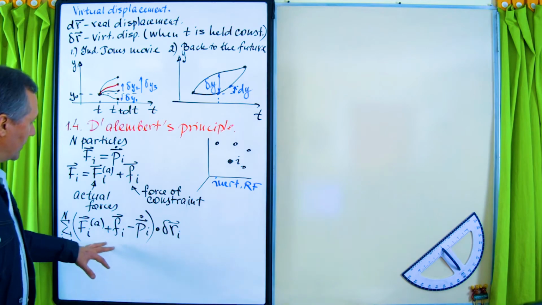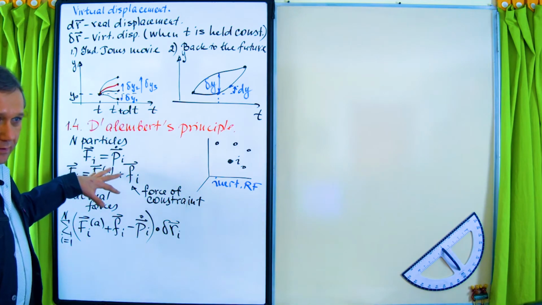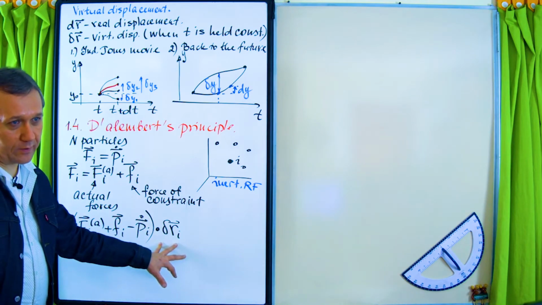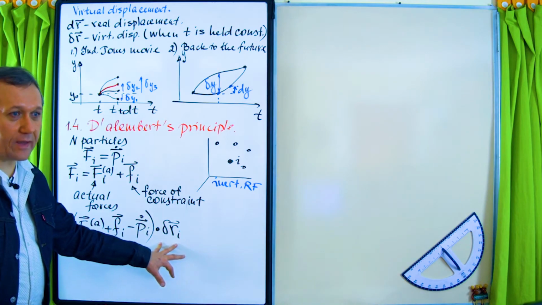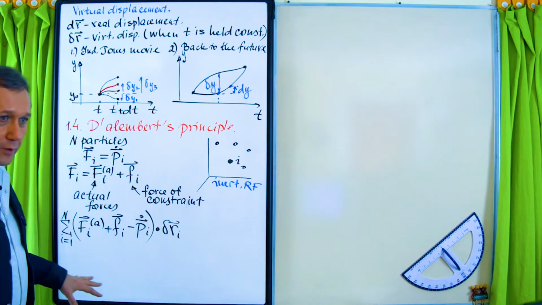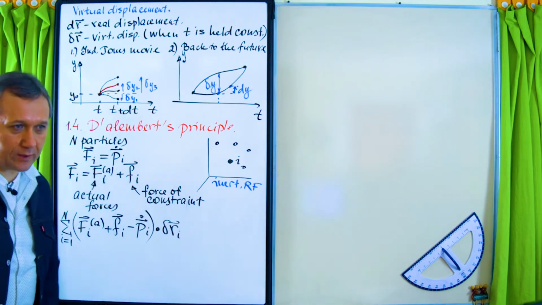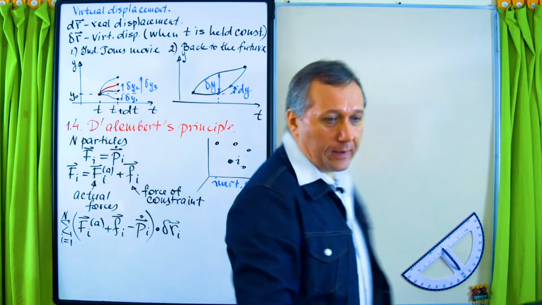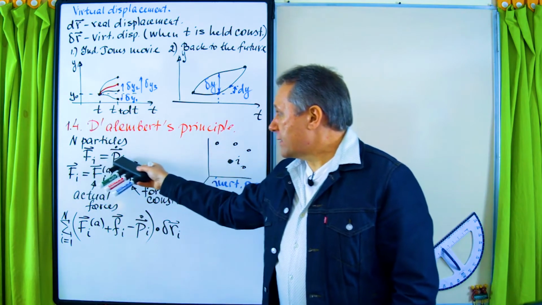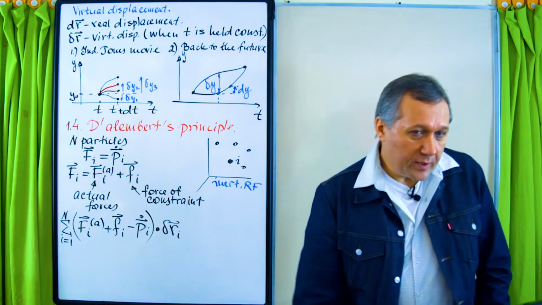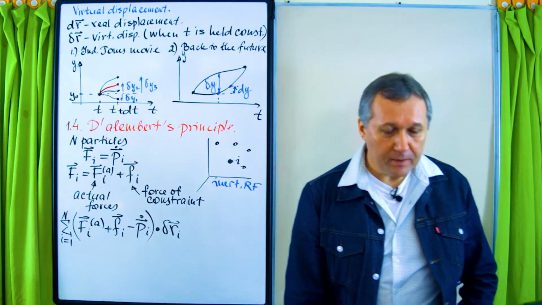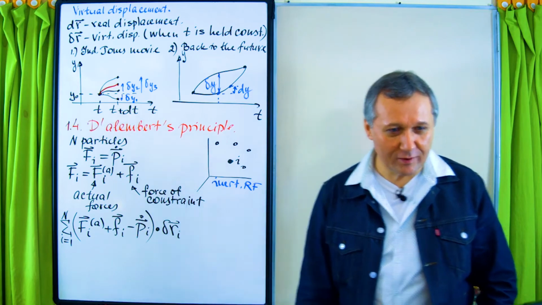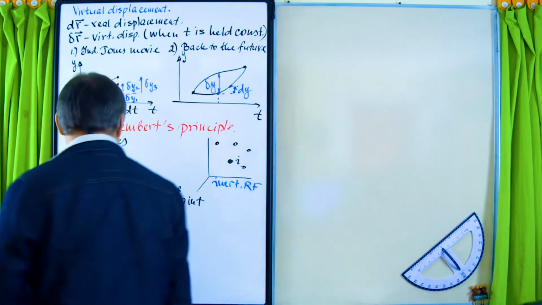So first I can write this Newton's second law for each particle. Then, of course, I can dot it with virtual displacement. Then I can sum up over the whole system. And every time it will still be equal to 0, because each of those equations is equal to 0. If you multiply this minus that by virtual displacement, it's still 0. Right? And if you add all equations, and each of these equations on the right-hand side has 0,